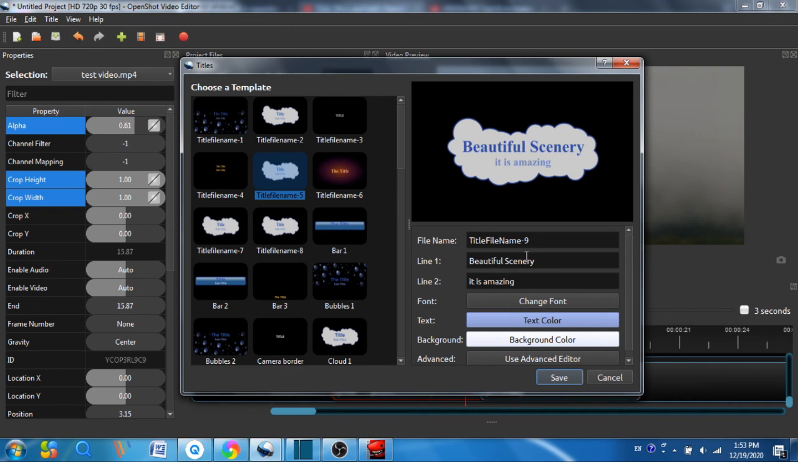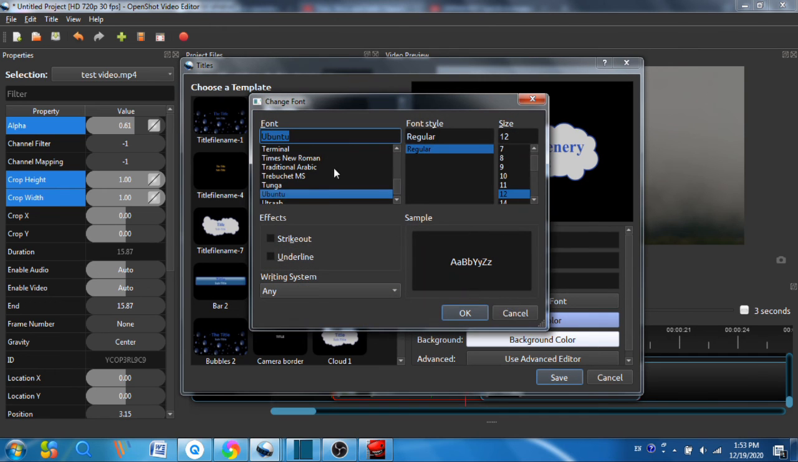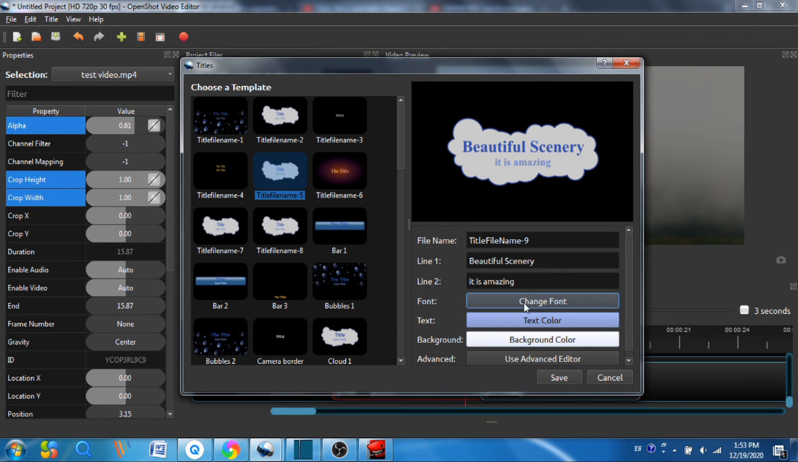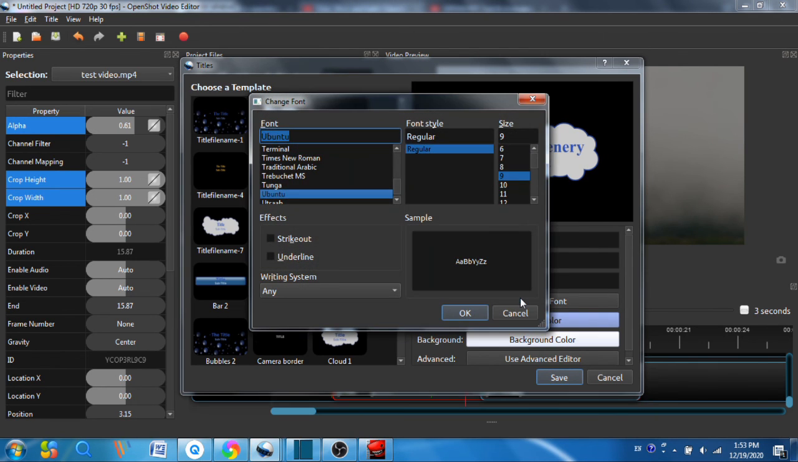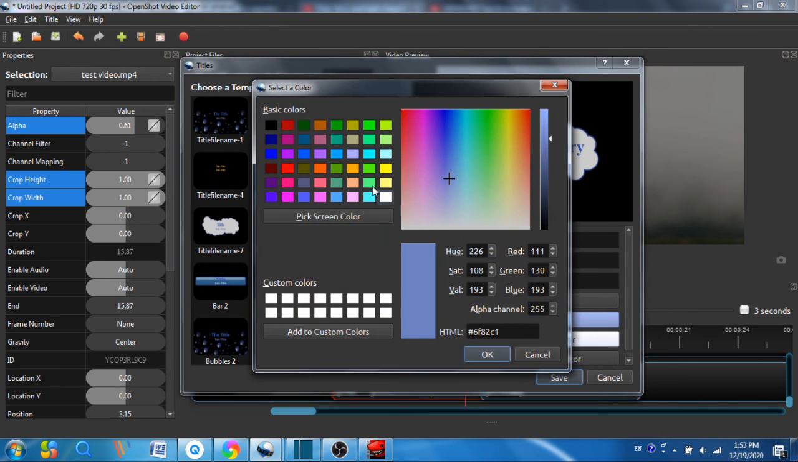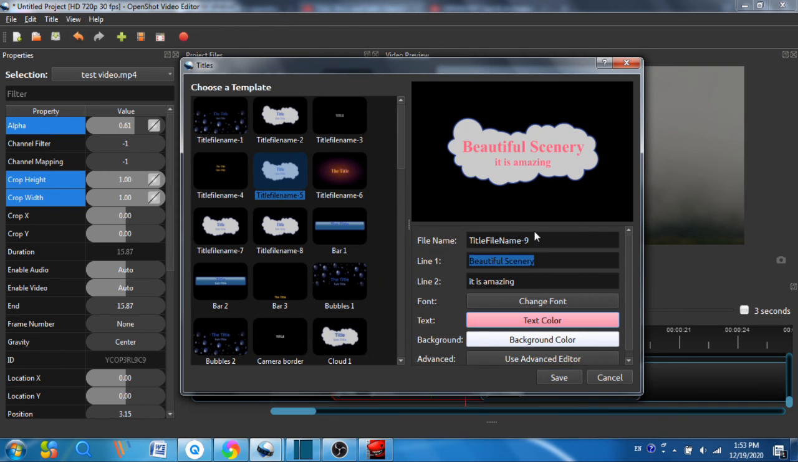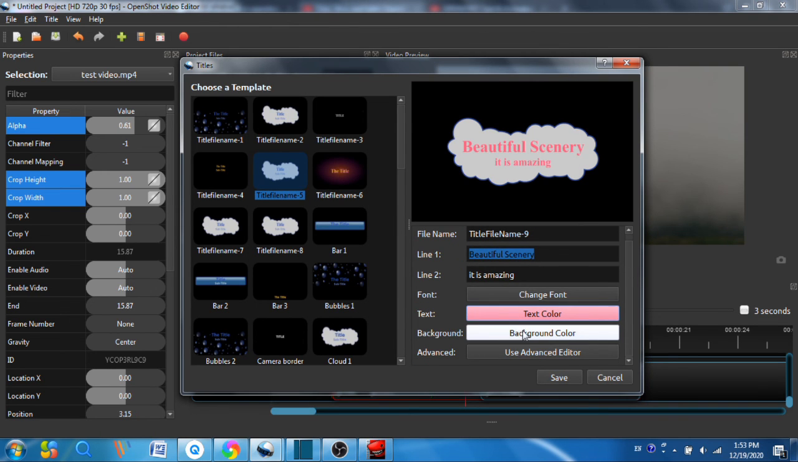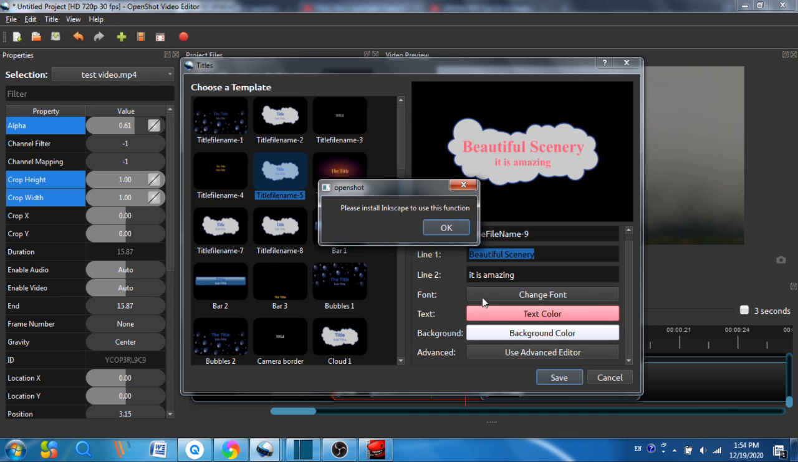After that, you could change the font. For example, you could change any kind of font. Also change the size if you find the size is very big. This is the first one and the first two. Just regular. Just change the size. Also apply some effects to the titles. You can also change the title color here, as well as the background color for the titles. You can also use the advanced editor, but you need to install Inkscape to use this